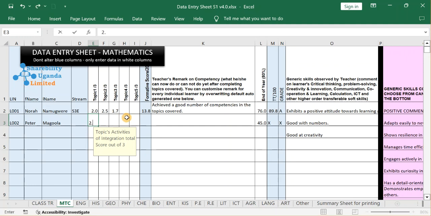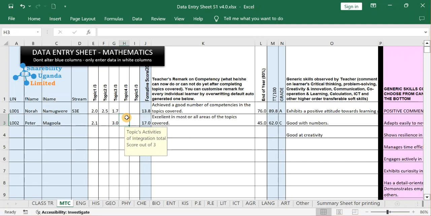So in case a learner has done only 2 activities of integration, then you should go ahead and put an X in case this other one was just missed. Otherwise, if you don't, it will only consider those 2, and sometimes it might be